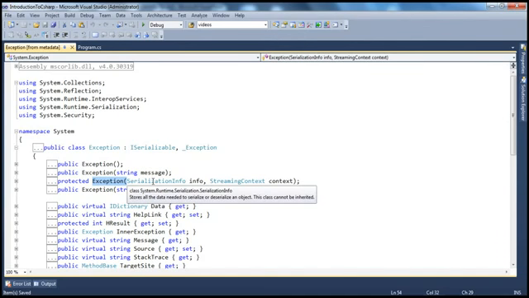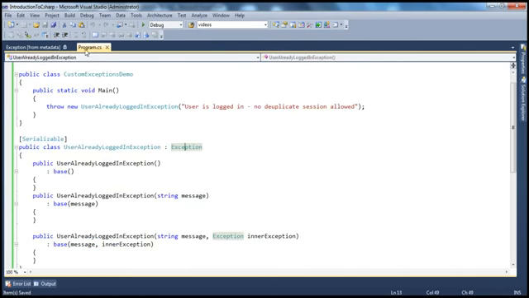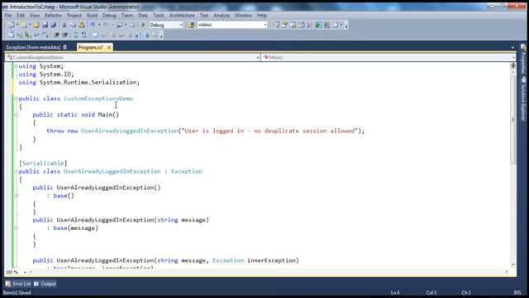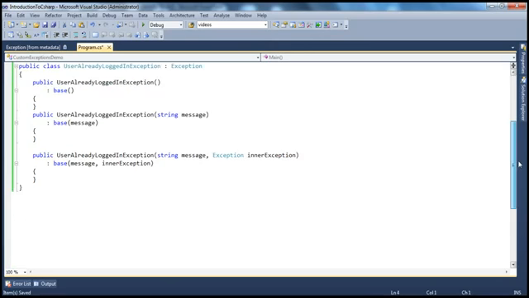Okay, so if we have to use that object, we have to import that namespace and then invoke this constructor from our class. So let's provide that. So first of all, let's go ahead and import the System.Runtime.Serialization namespace,